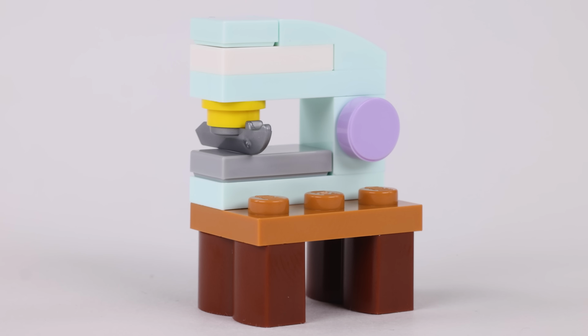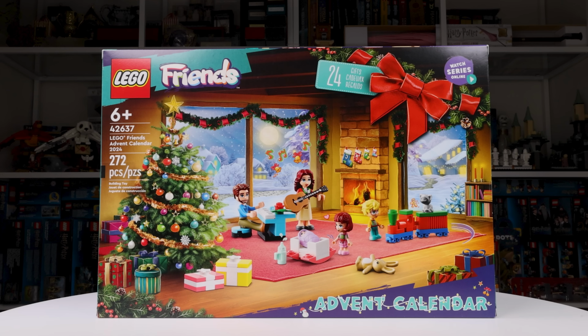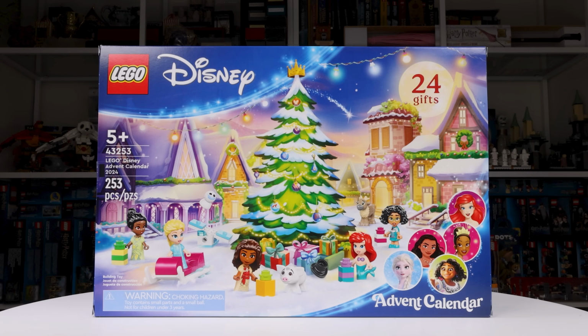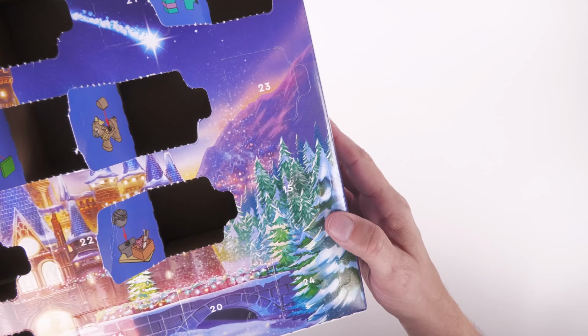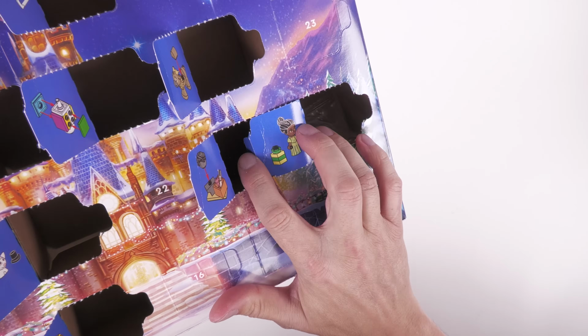It's colourful, it's got the theming, and it's even got a little festive flair. Do the LEGO Friends have today's competition sewn up? I think we'd better check what's inside our last calendar. And finally for today we come to the Disney calendar, which has not been doing too badly. Let's see if that luck continues behind door number 15 and...